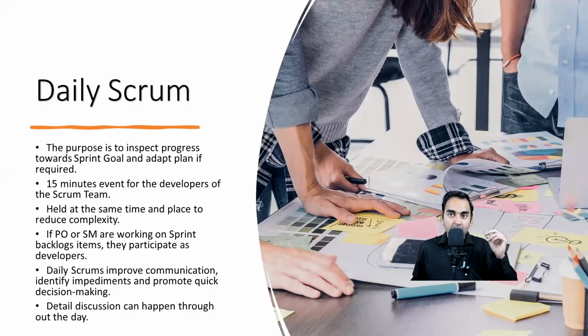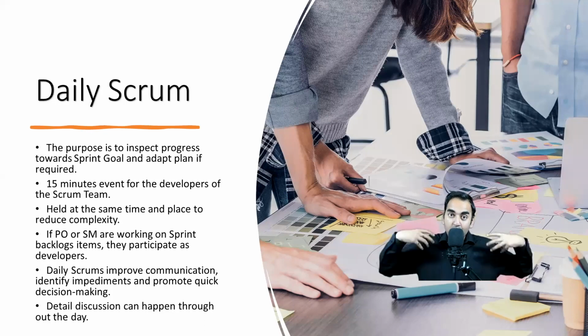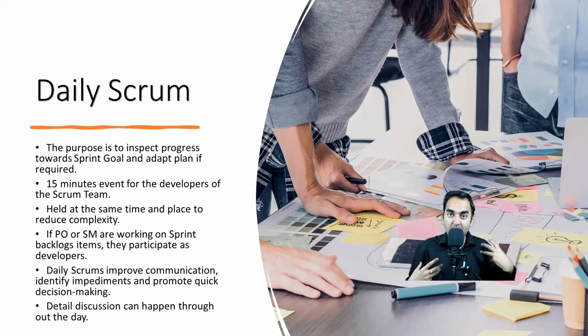The first key element is the purpose of daily Scrum. The purpose is to make sure that the team is focused towards the sprint goal, one of the key values of Scrum, and it is able to hold the pillars of Scrum, inspect and adapt. So the team discusses what was done yesterday, what needs to be done today, and if they are facing any challenges. If they are facing a challenge or deviating, they try to adapt